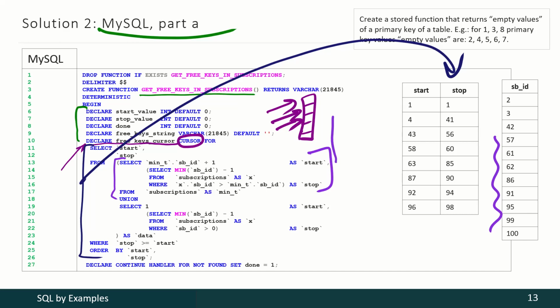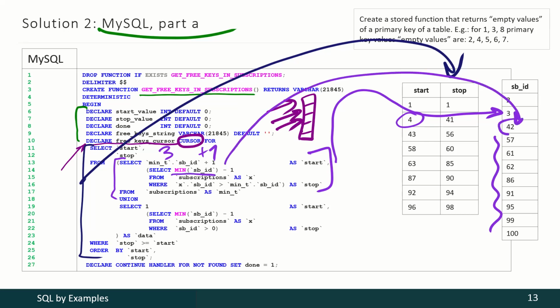For instance, imagine that it detects the 3 value. It takes that value, adds 1, and that's how we get this value, this beginning of the range of an empty keys. Then it looks for the next minimal value, here it is, 42. Then it decreases it by 1, and that's how we get this end of the empty keys range.